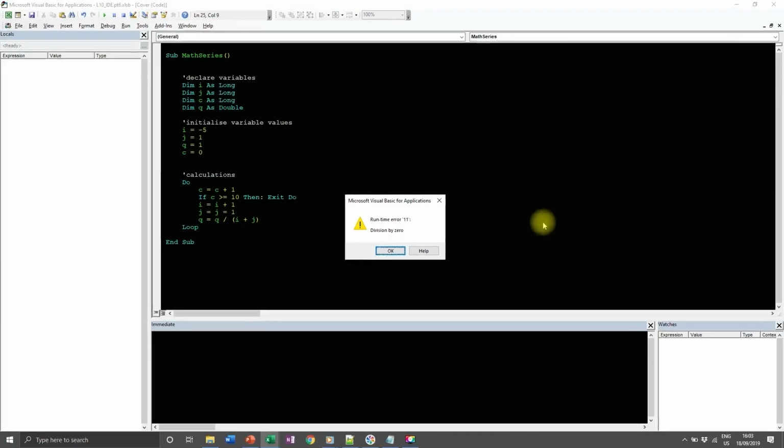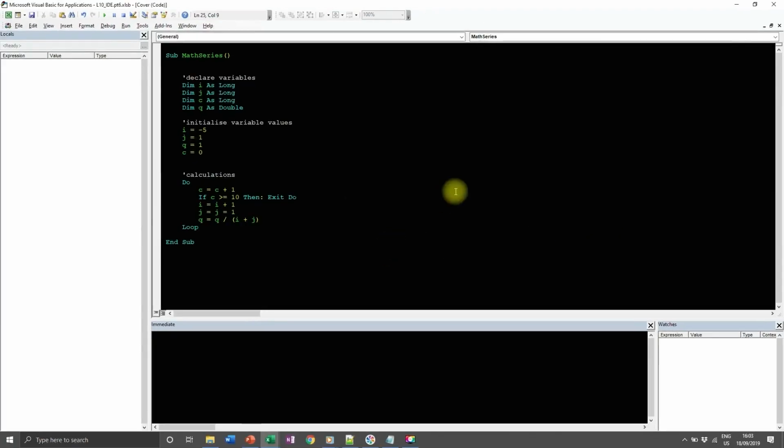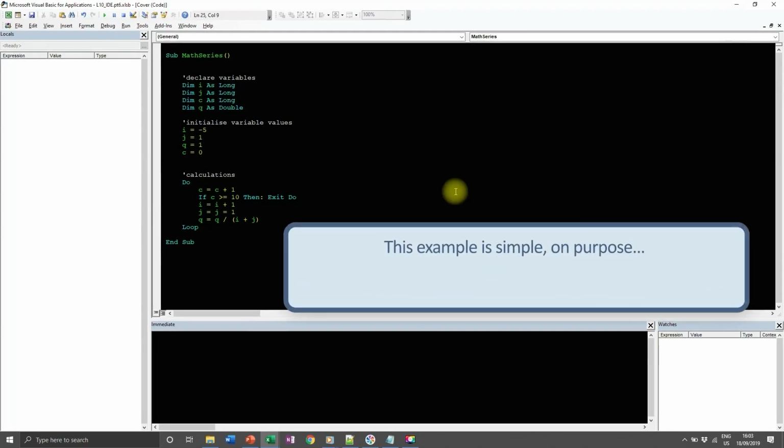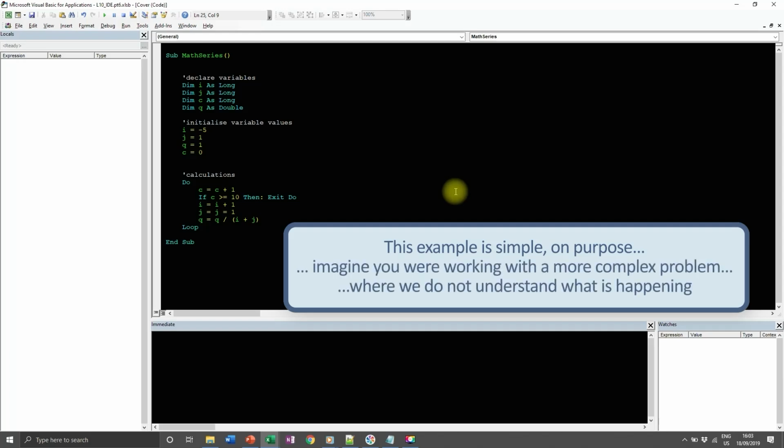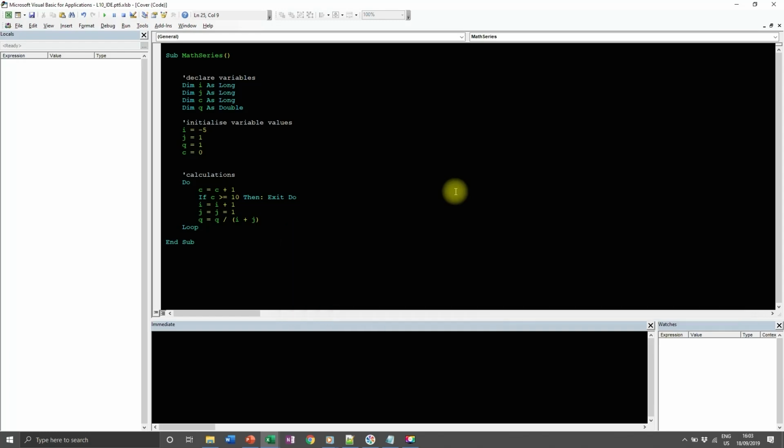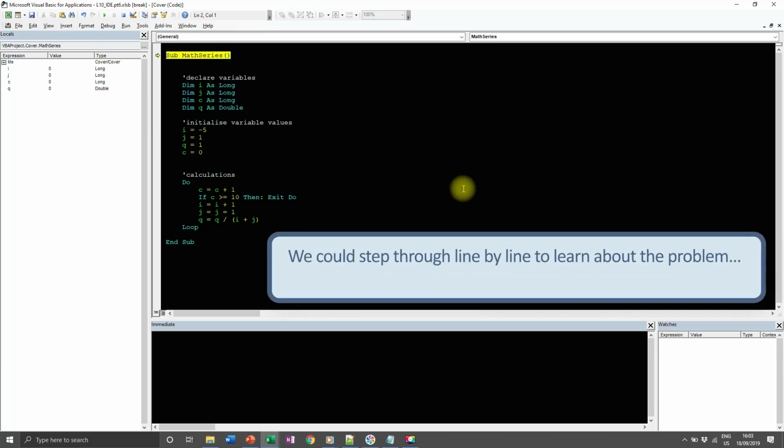Let's select End and return to Edit mode for now. Now you've seen we've made this code really simple so that it's obvious what's going on. But imagine we're dealing with a much more complex problem where we do not understand what's happening. In such cases, to learn about what needs to be changed, we could find it helpful to walk through the